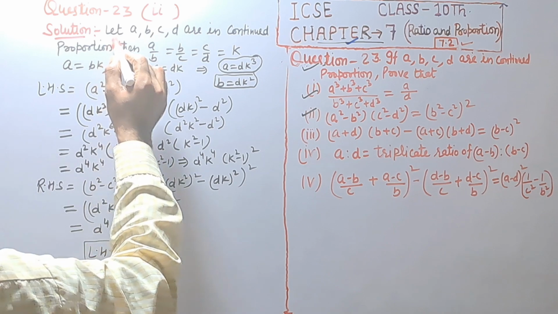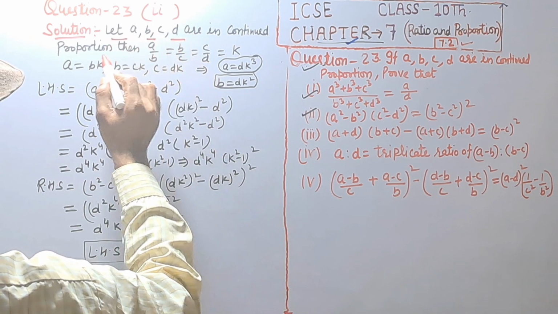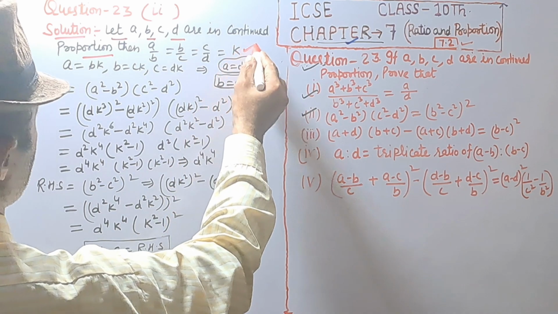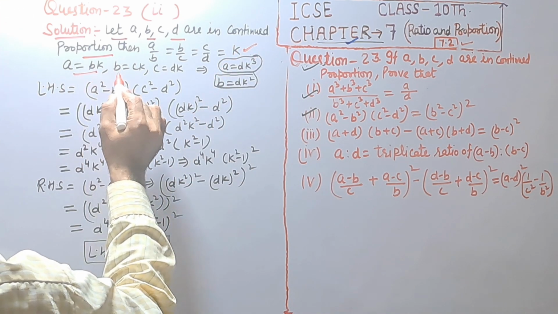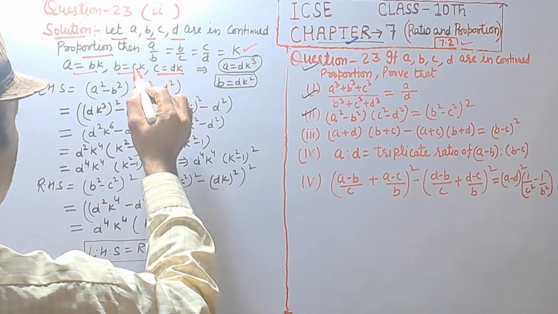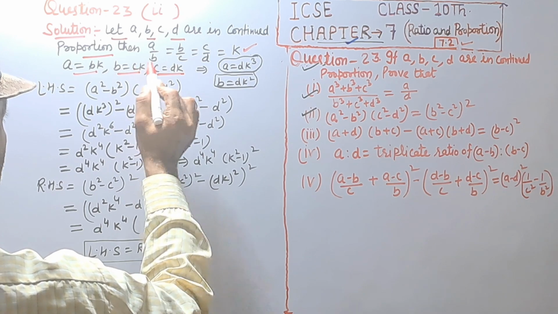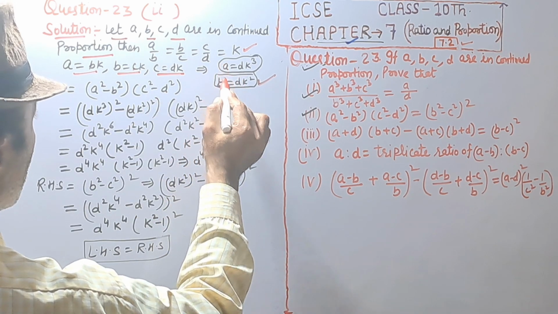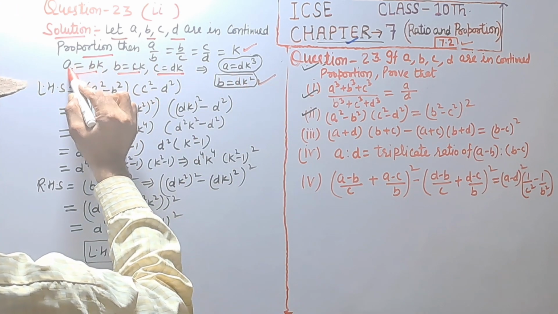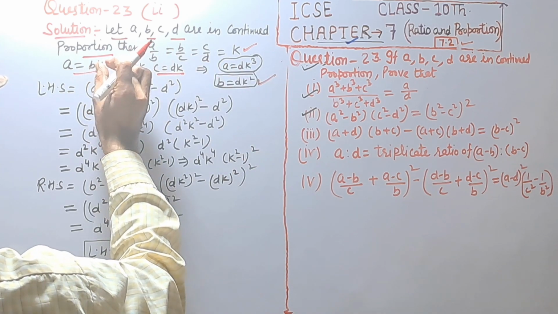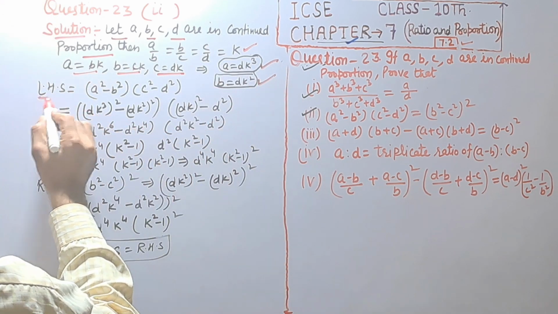Let a, b, c, d are in continued proportion, so a upon b is equal to b upon c is equal to c upon d, that is equal to k. A is equal to bk, b is equal to ck and c is equal to dk. We are putting c is equal to dk in second, then this will be dk square. Value of b we get dk raised to power 2, and we are putting b is equal to dk square in first, then value of a we get dk raised to power 3,